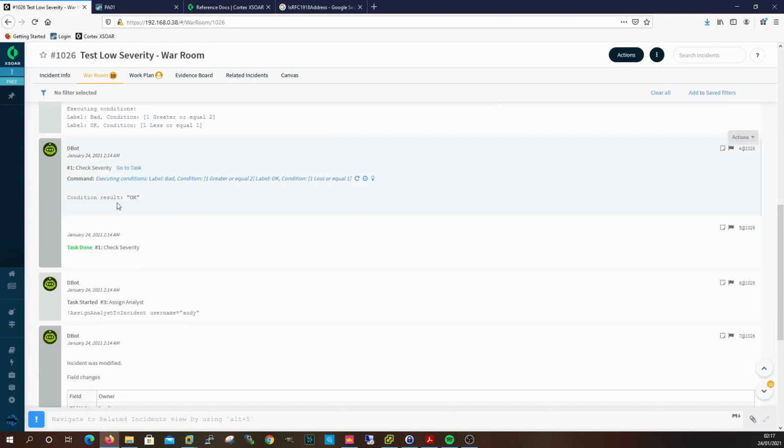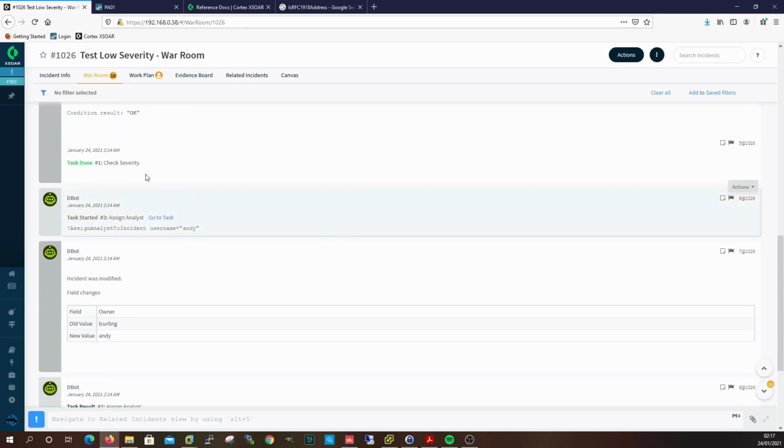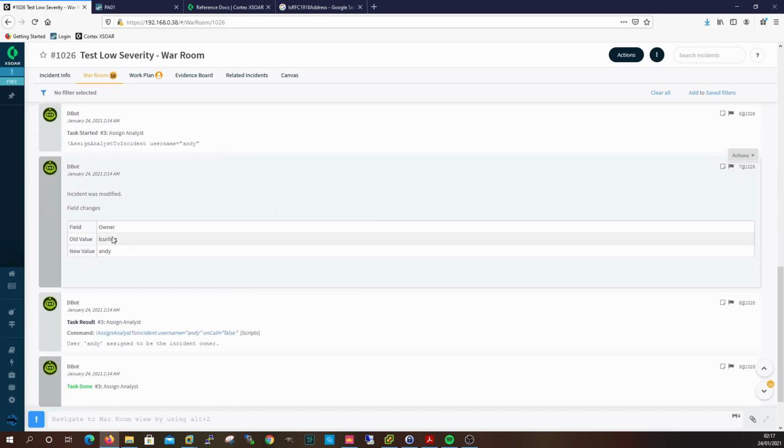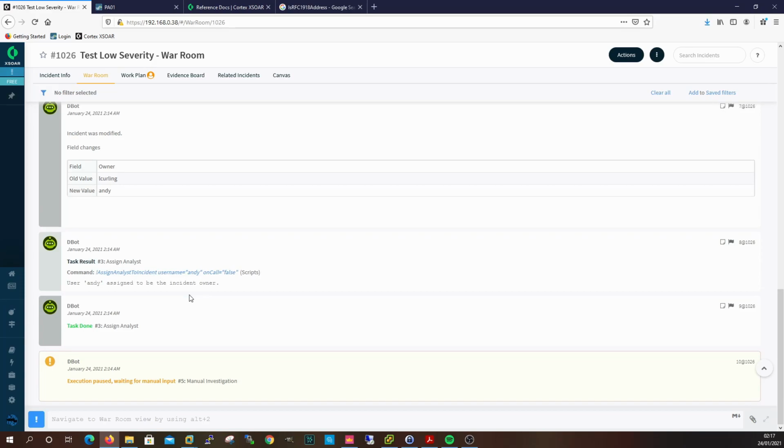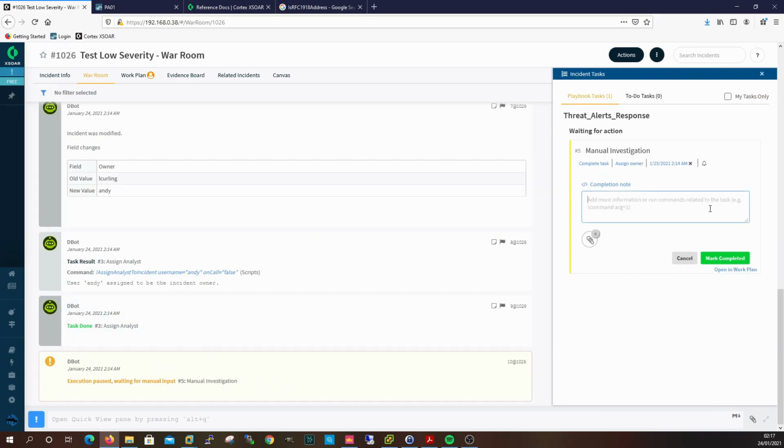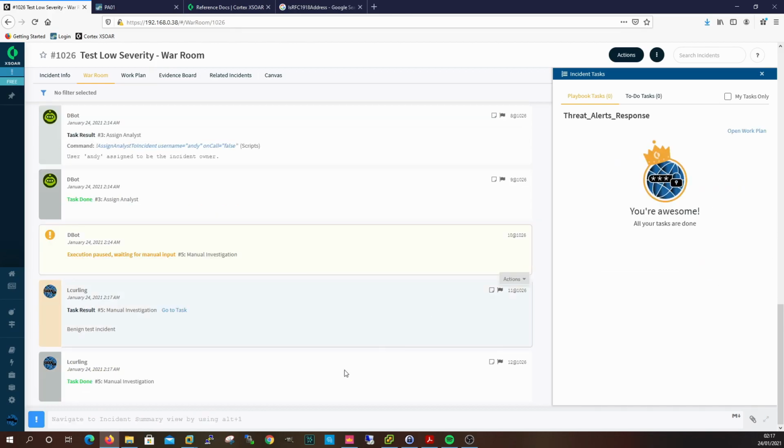So it's executing the condition for check the severity. Once it's checked the severity, its condition result is OK. So it goes to that one, assigns the analyst, username Andy, old value me, new value Andy. He's been assigned, and now it's waiting for the manual investigation, which we can just click on there. Say bin 9 test incident, mark as completed, and then it will run through to the end of the